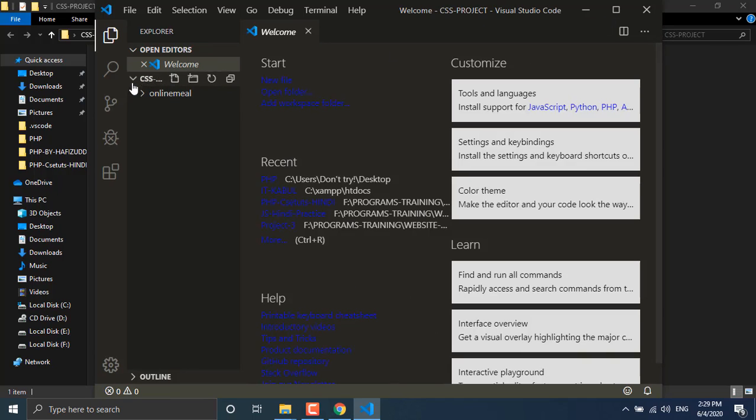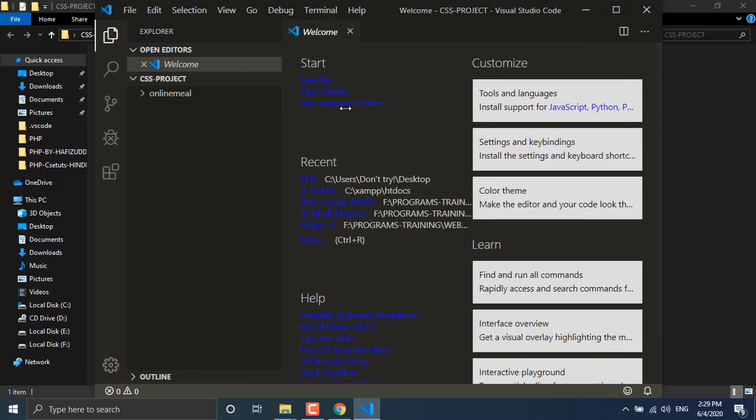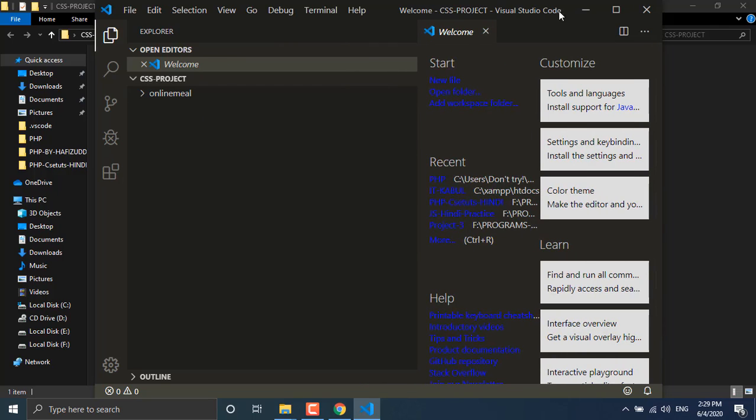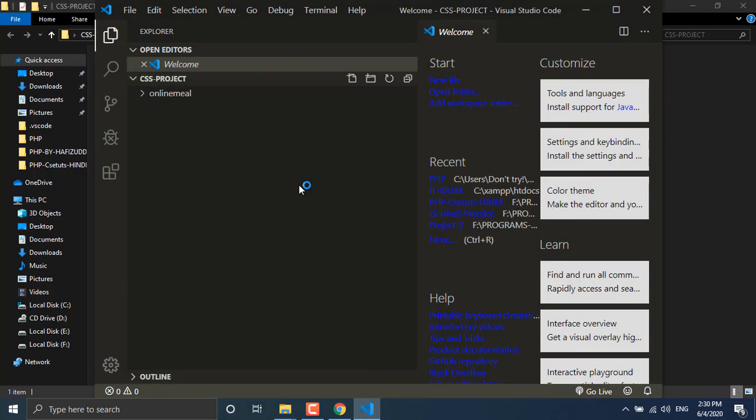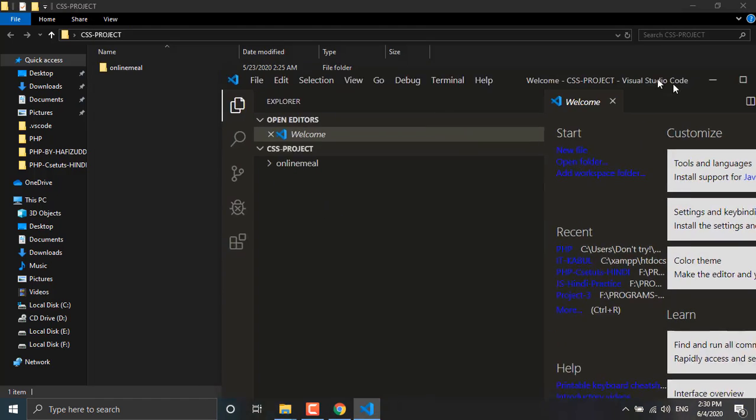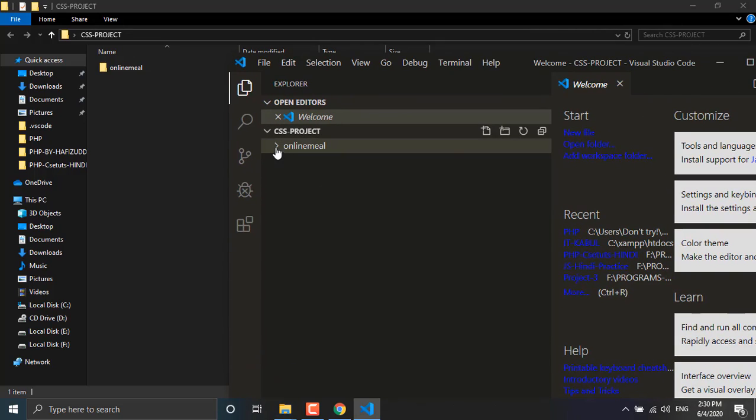So you can see this CSS folder is here. This is the CSS project, and inside the CSS project we have another folder that's also available here. And from this new file you can create, for example, index.html,